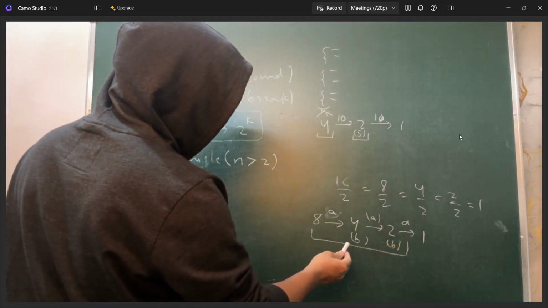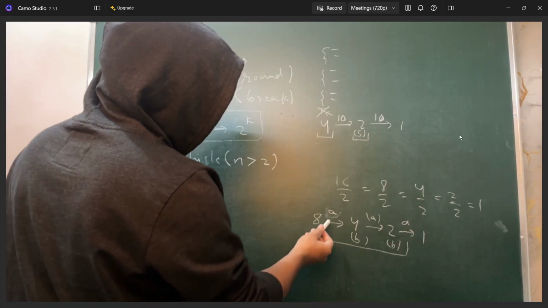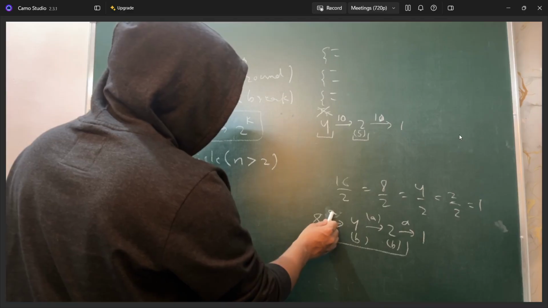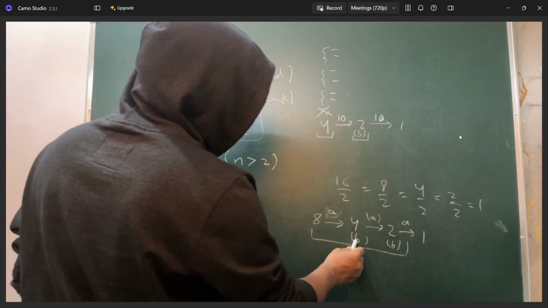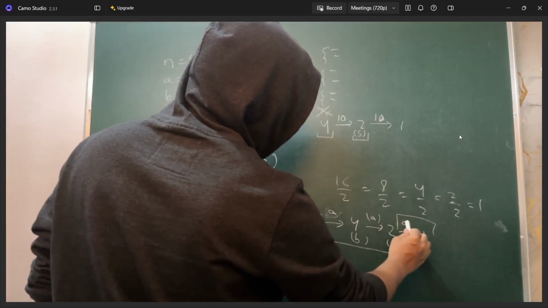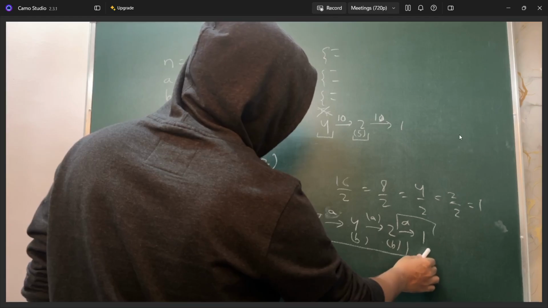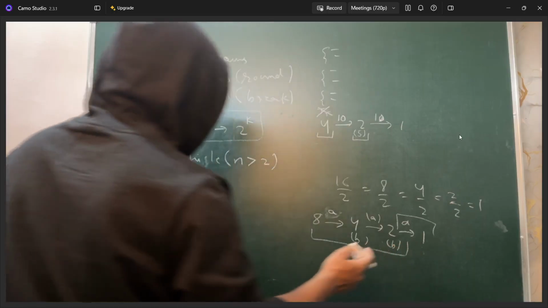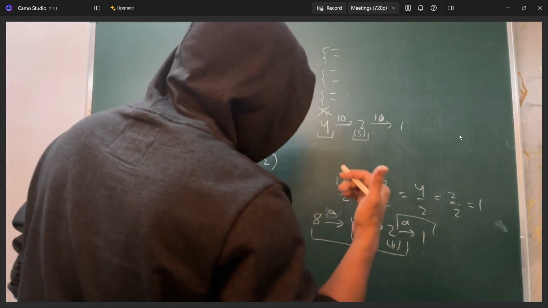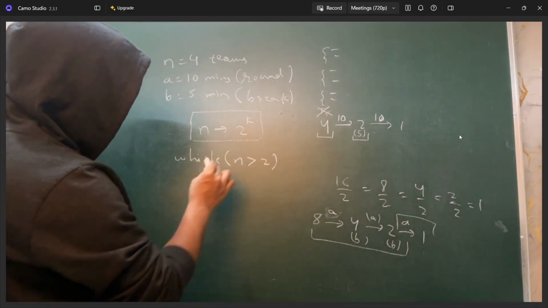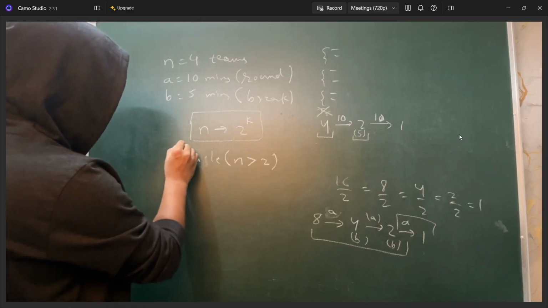In that case, the time required for the event is the competing and the rest time. And when n is 1, at that time you are only going to take the competing time, you are not going to take the rest time, because at the end you have the winner. After that you should not be taking any rest, as said in the question. So I'll be running a loop while n is greater than 2,